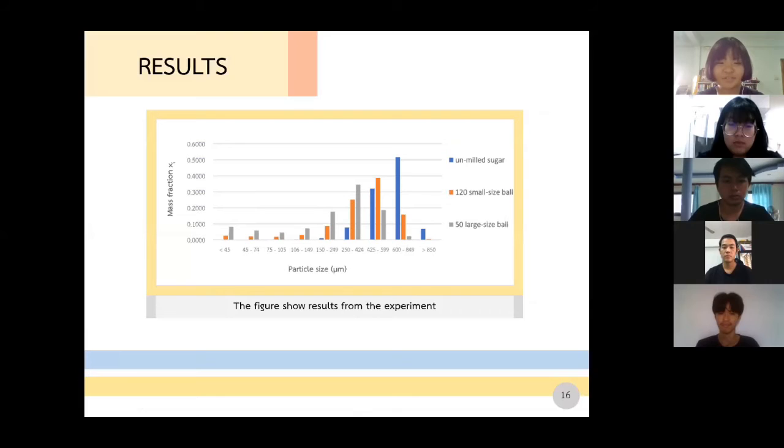This picture shows the results from the experiment. The average particle size showed that more than 52% of whole sugar was unmilled sugar, with a diameter of 849 to 600 micrometers. On the other hand, most of the sugar milled with large balls, approximately 34% of whole sugar, was in the 424 to 250 micrometer diameter range, and more than 39% of whole sugar was sugar milled with small balls, with a diameter of